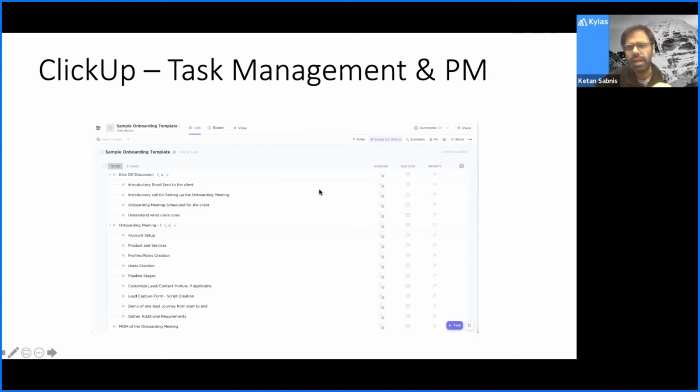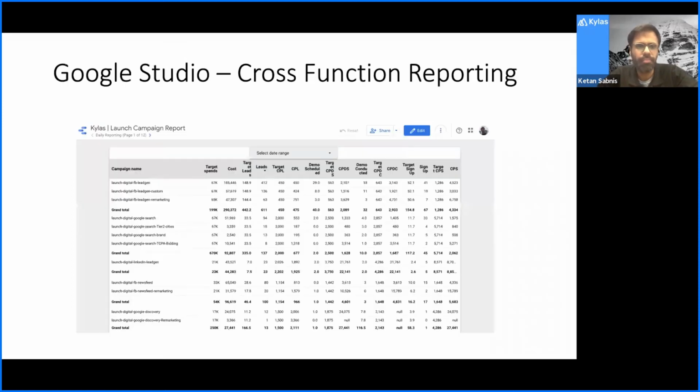The minute there's a sale done and it gets assigned to a CS person in Kailas, we have a hook which creates from this template. There is a project created. There's a customer created on Kailas, on ClickUp, and there's an assignee also dumped onto it. So this just gets automated for us, and then we can start tracking immediately on ClickUp directly.